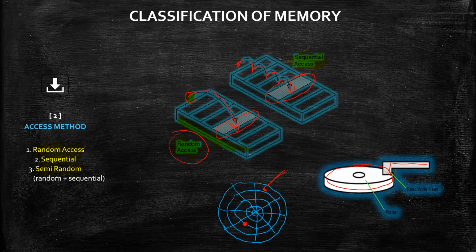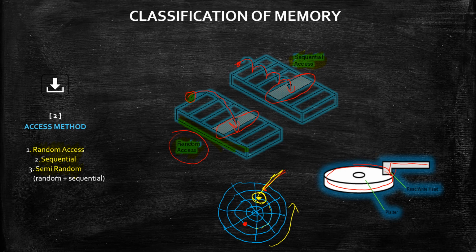In that case, what does it have to do? We are talking about semi-random, which means random access is there and sequential access is also there. So first this head has to jump, or move a little bit forward, to this position. So now it is over here, right? Then this disk has to rotate in this direction. Once it rotates and reaches this point, at that moment we can fetch the data. So it's an example of semi-random.